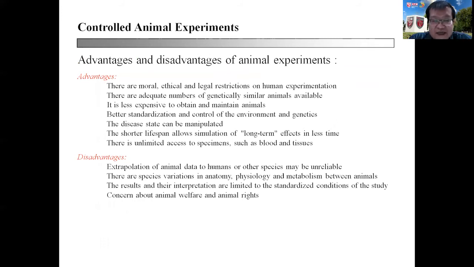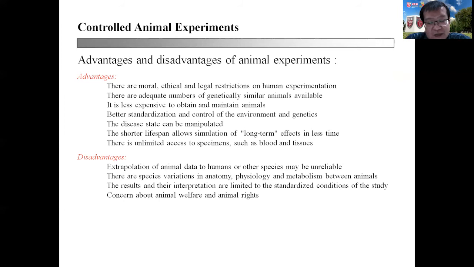And the following will be the advantages and disadvantages of animal experiments. Well, of course, the advantage is that there are moral, ethical and legal considerations on human experimentation, which are absent in animals. Then there are an adequate number of genetically similar animals available, in contrast to human beings, and the rest of the other benefits associated with using animals. For example, better standardization, easily manipulated disease states, shorter lifespan to allow simulation of long-term effects, and